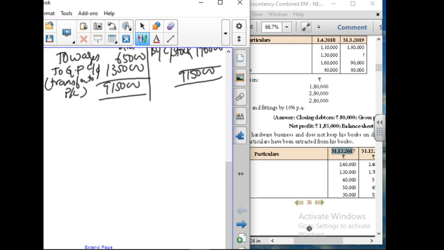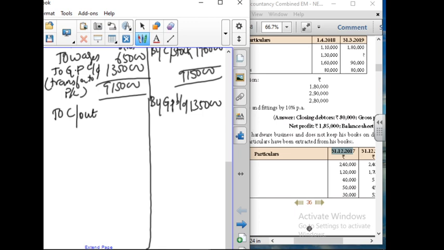Next, we'll move on for finding out the profit and loss account. First, we have to transfer the gross profit brought down. It is 1,35,000. And next thing, debit side, to carriage outward is the information. So it amounted to 7,500. To sundry expenses, it is 28,000. And to